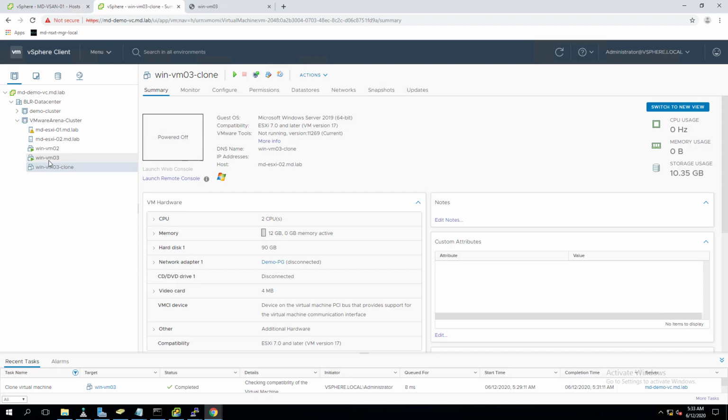So we can use a customization to customize the operating system parameters. Another thing: if your source virtual machine is powered on, please do not power on the cloned virtual machine, because it may have the same IP address and host name, which can create a conflict and may bring the application down on the source VM. For that, you can disconnect the virtual machine from the network, then power on the virtual machine, open up the console, and reconfigure the IP settings and the host name before you put the cloned one into the production network.